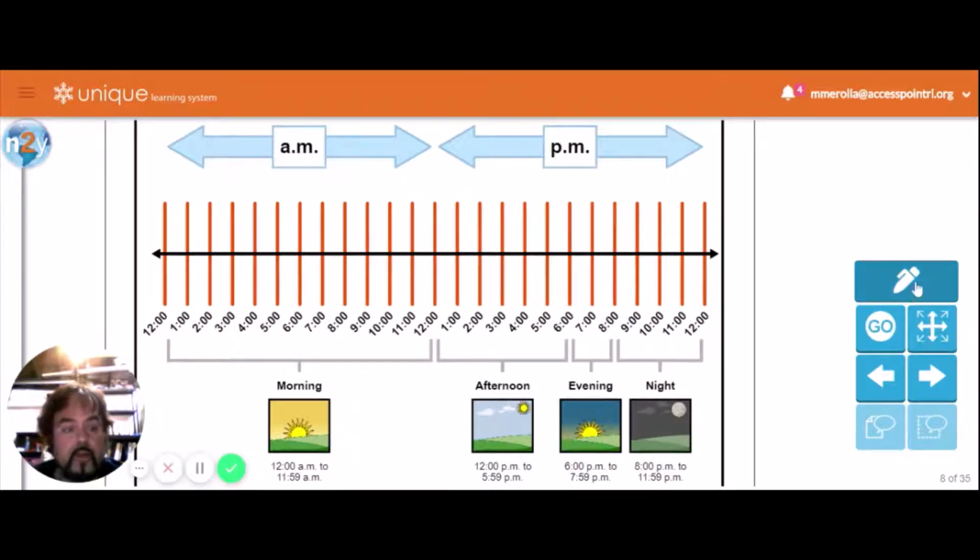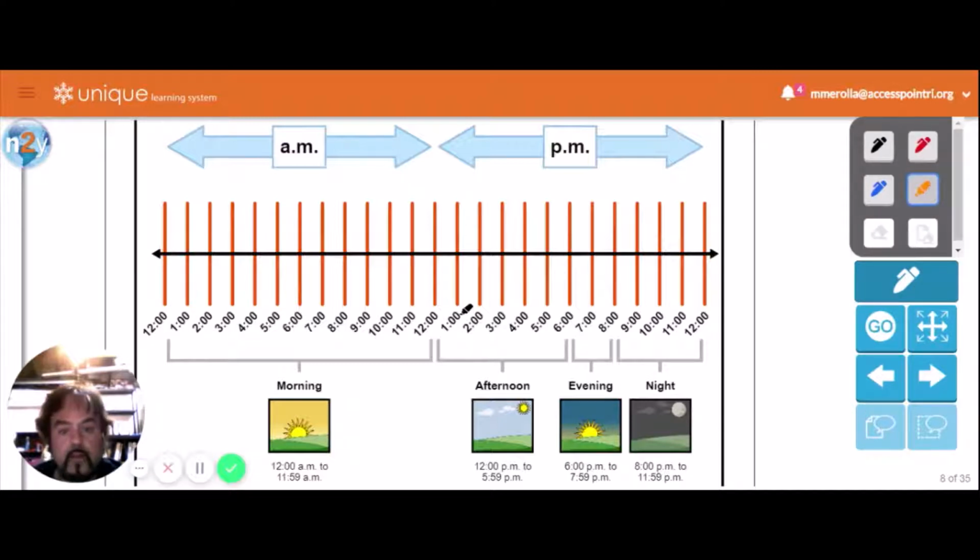Okay, so that would be the later time of day, which would be noon on. The earlier time of day would be going to the left, and that would be before noon, going that way. So this is 12 midnight,